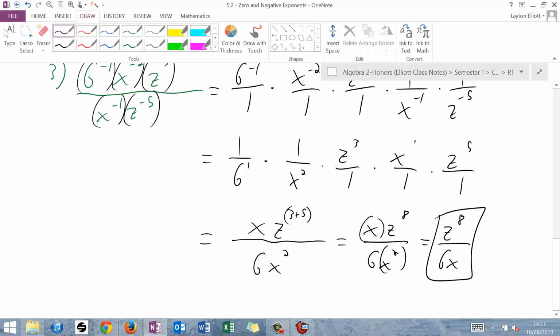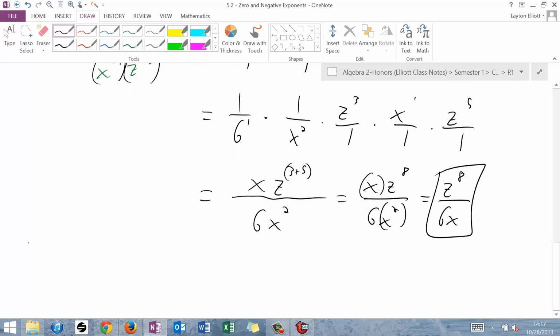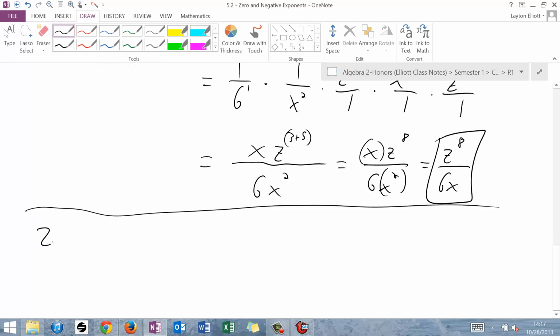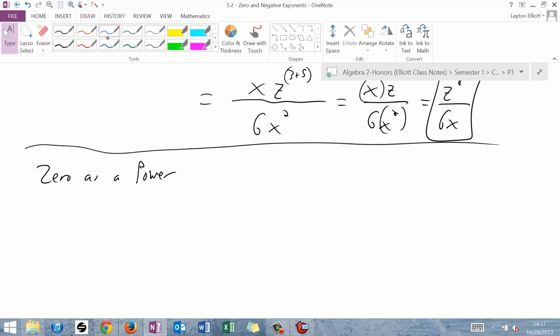We will not spend that much time doing this, but we need one more little piece of knowledge before we move on. That's kind of how we deal with negative exponents. Let's talk about 0 as a power. We're going to list off powers of 2: 2 to the 5th, 2 to the 4th, 2 to the 3rd, 2 to the 2nd, 2 to the 1st, 2 to the 0, 2 to the negative 1, 2 to the negative 2, 2 to the negative 3, and